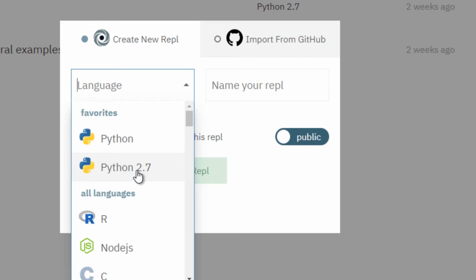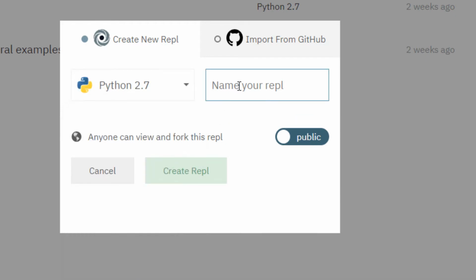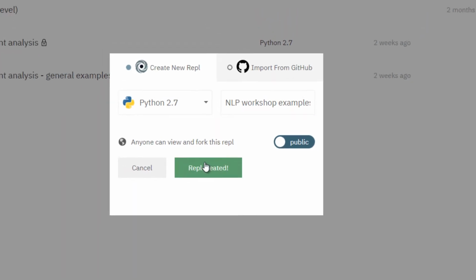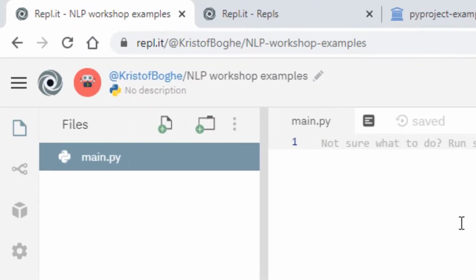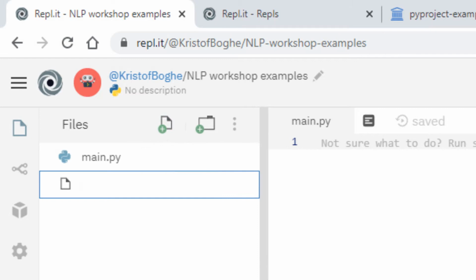Create a Python 2.7 environment, which is an old version of Python, and call it NLP Workshop Examples. And click on Create REPL. There you go. The first thing that you will do is you will create a new file and you will call it